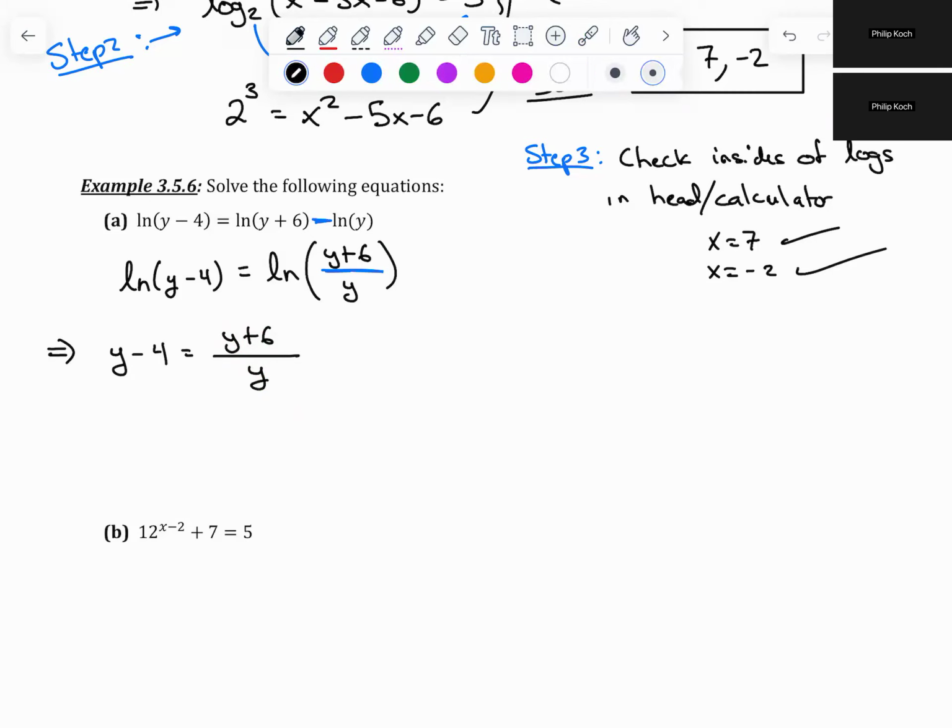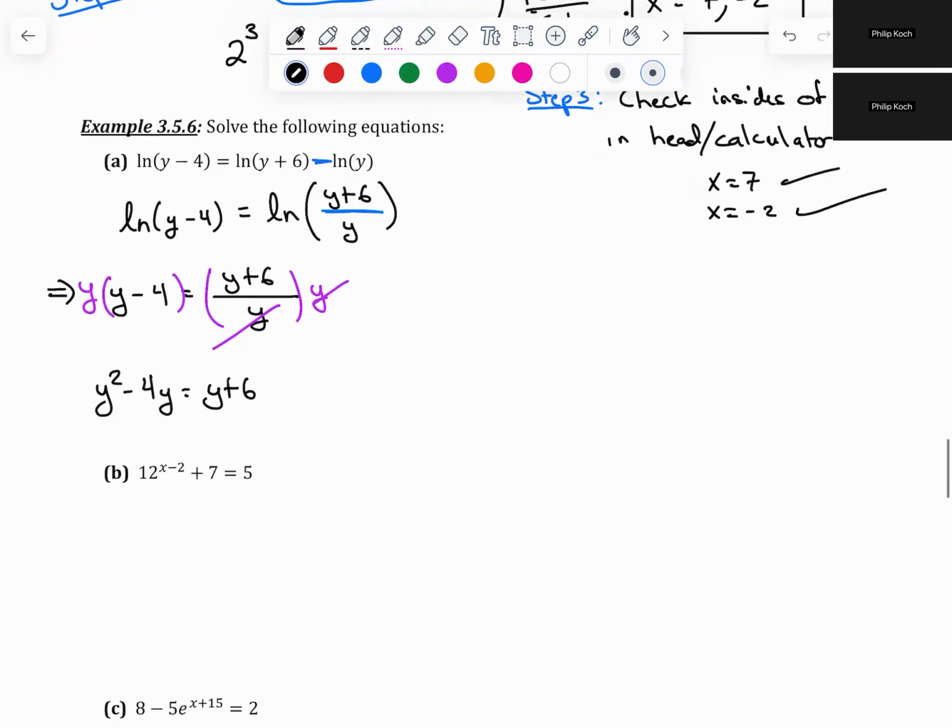Yes. So we can always multiply both sides to get rid of the fraction. So that cancels it on the right-hand side. And I get y squared minus 4y is equal to y plus 6. And that will factor nicely. That'll become y squared minus 5y minus 6 is equal to 0. That gives me y minus 6 times y plus 1 is equal to 0,